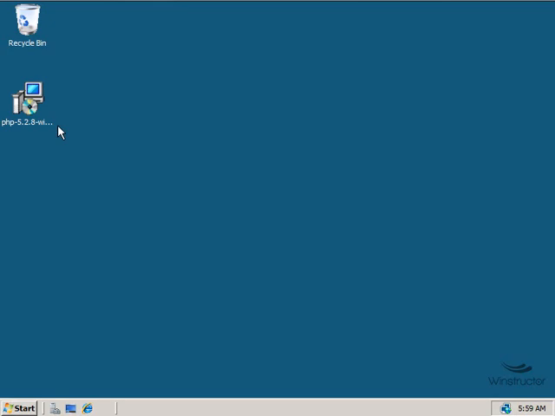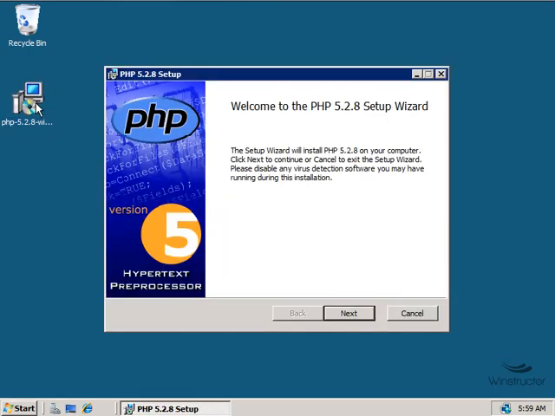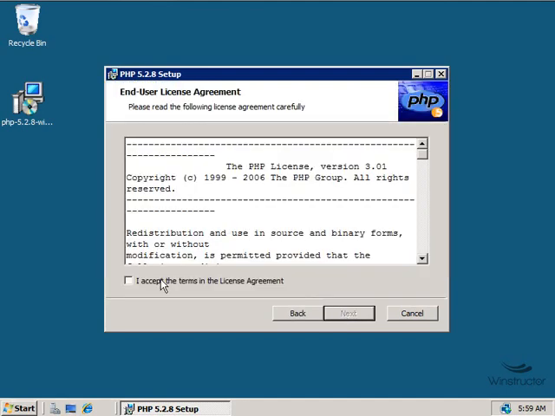Now on my desktop over here on the left, I've already downloaded the latest version of PHP, which at this time is version 5.2.8. So we're going to double click on that and that'll start up the installation wizard. And if by chance you need to get yourself a copy of this installer, you can grab it from php.net. Alright, well our wizard's loaded, so we'll click Next. The first thing we'll need to do is accept the licensing terms by checking this box, and we'll click Next